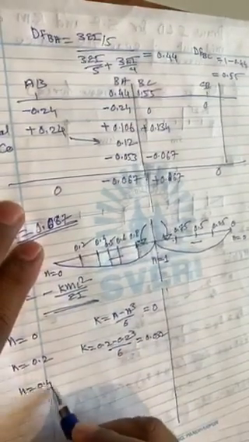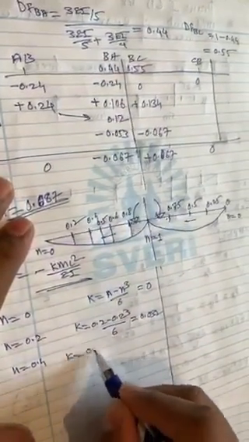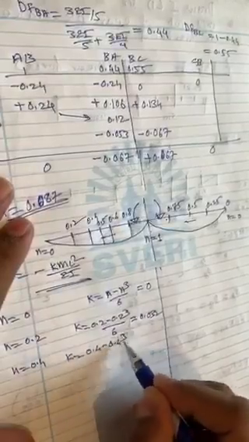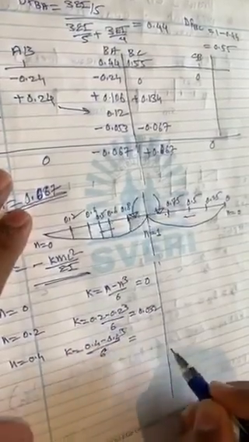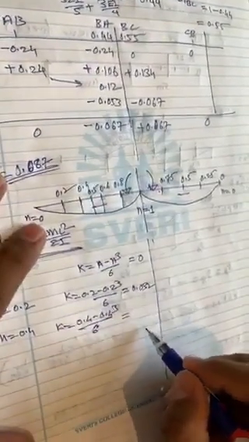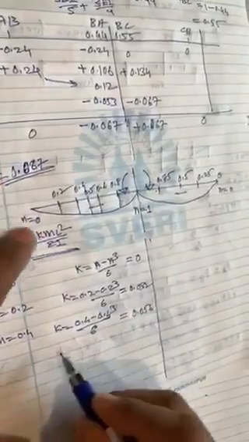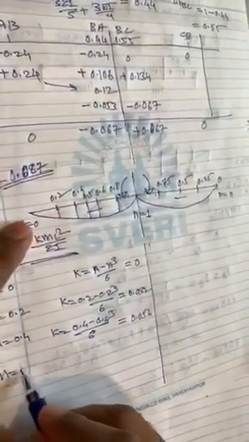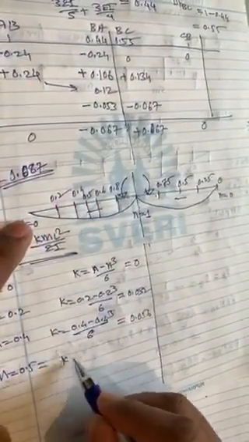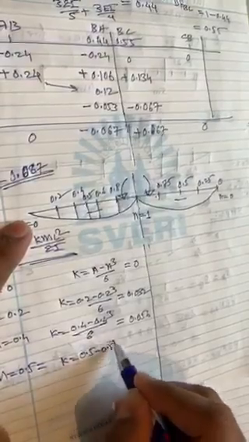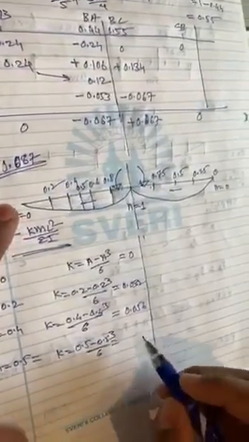Likewise you can quickly do for all the k values. So for n is equal to 0.4, this will come out as 0.056. Then n is equal to 0.5, k is equal to 0.5 minus 0.5 cube by 6. This comes out to be